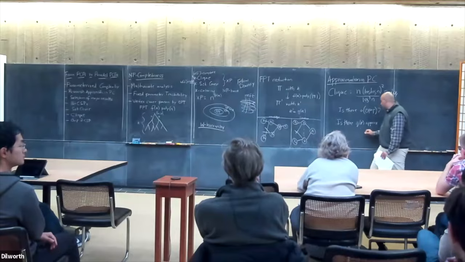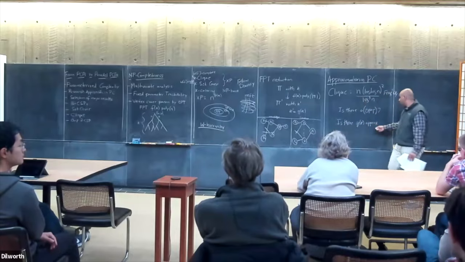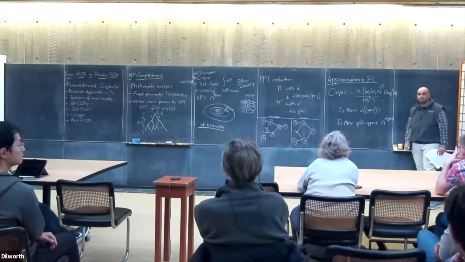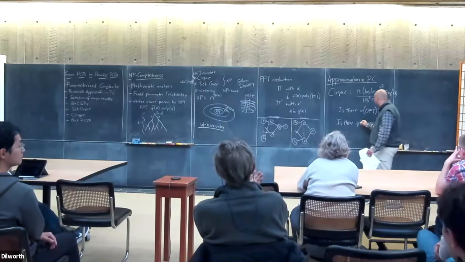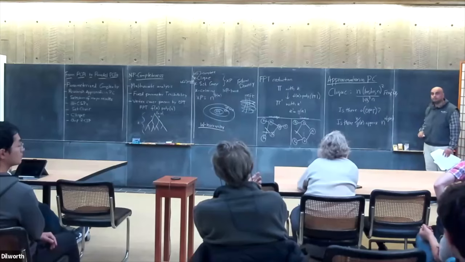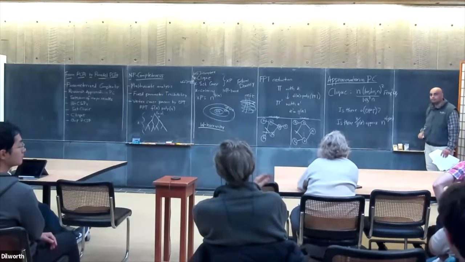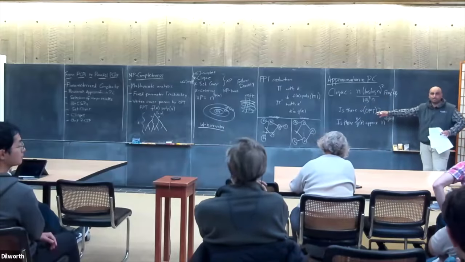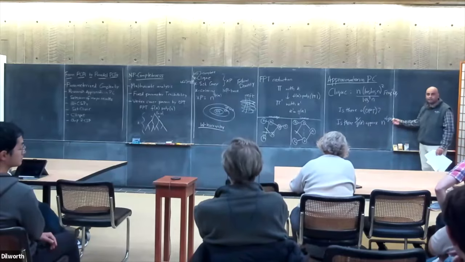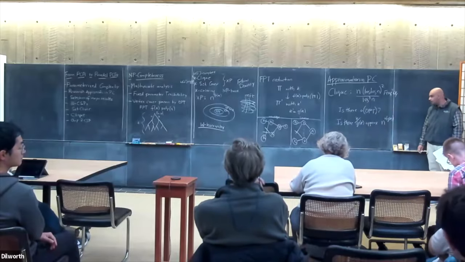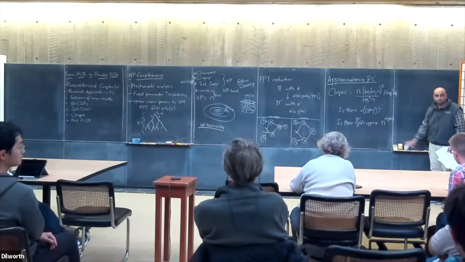So for instance, you can ask this question: is there a g of k approximation in time n to the little o of g of k? Or k over g of k approximation. If I run in this time, I can just brute force and check all these cliques of size g of k. Can I do something slightly better? Well, I'm promising there is a k clique. The answer for this is also no.